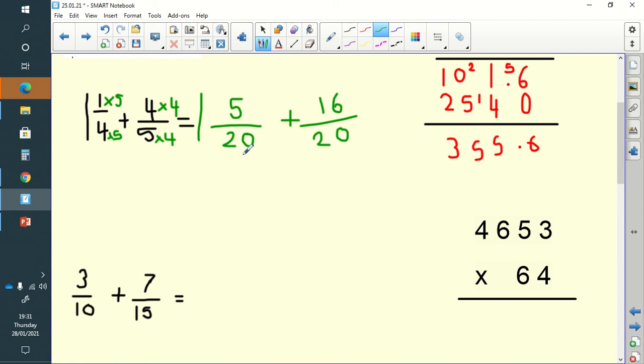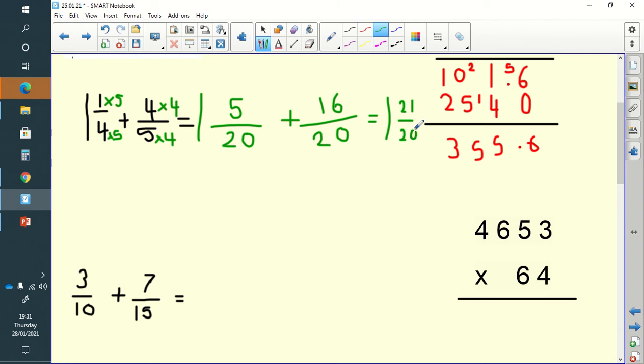I've got to add that on as well. Okay, so I'm going to keep the 1 as 1 whole. And now I can do 5 add 16, which is 21